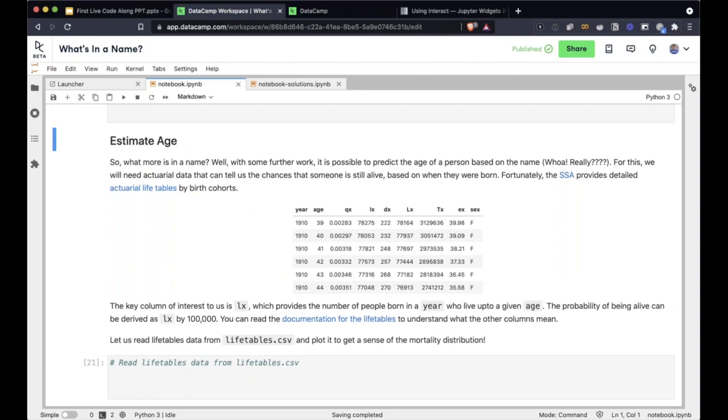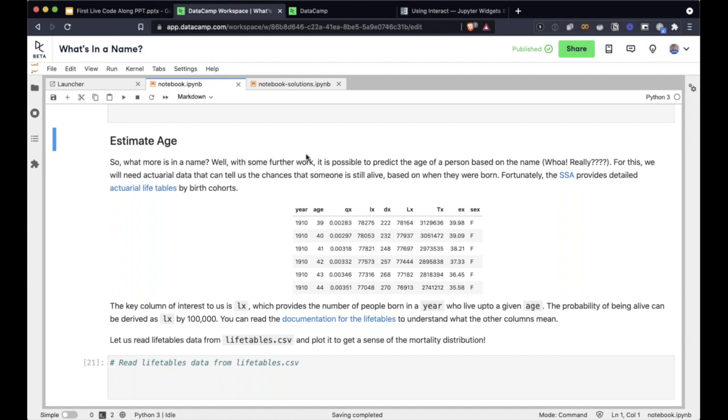So first of all, how can we even estimate age based on a name, right? And here is basically the trick. We already know how many people with a given name were born in a particular year. On top of it, if we can overlay how many people with that name will be alive in the year 2020, then we have a distribution of births of people who are alive. And based on that, we can use the distribution to infer different elements of the age of the person.